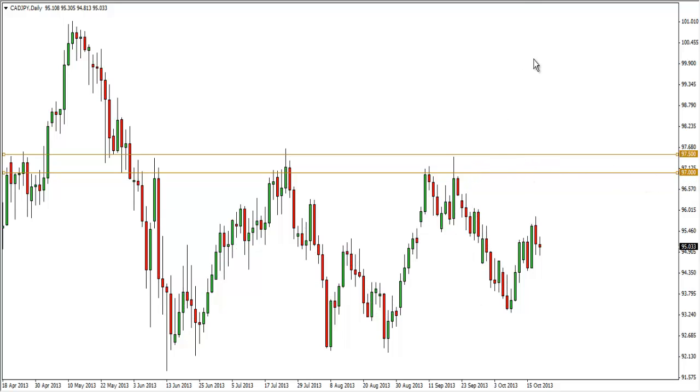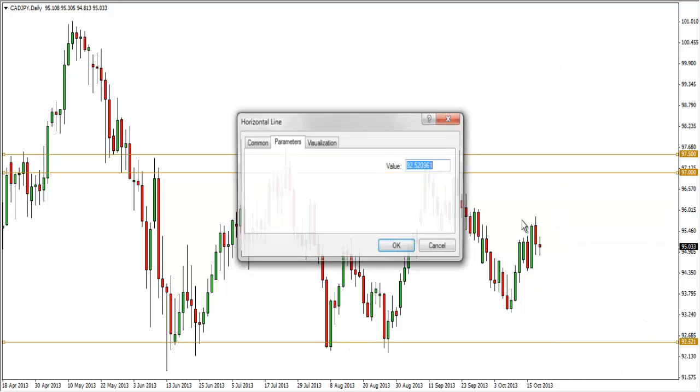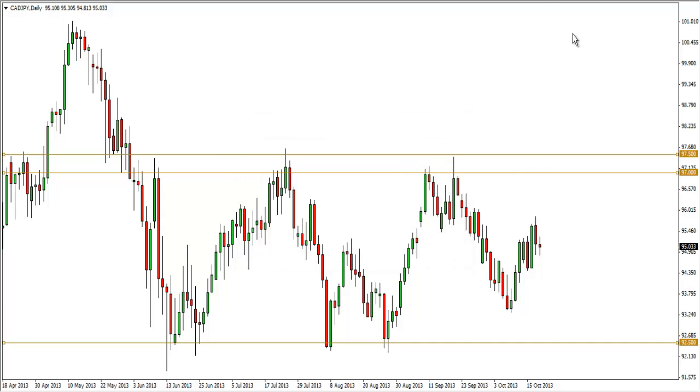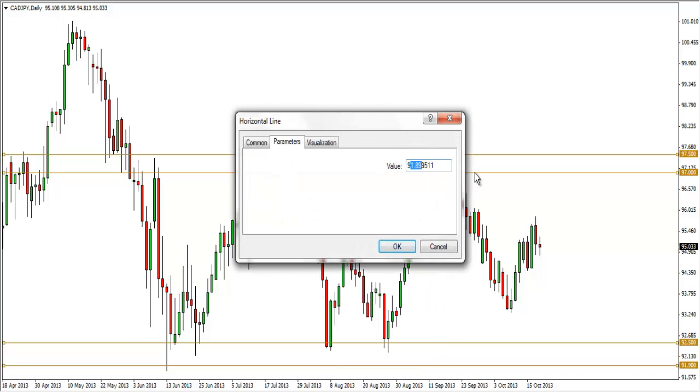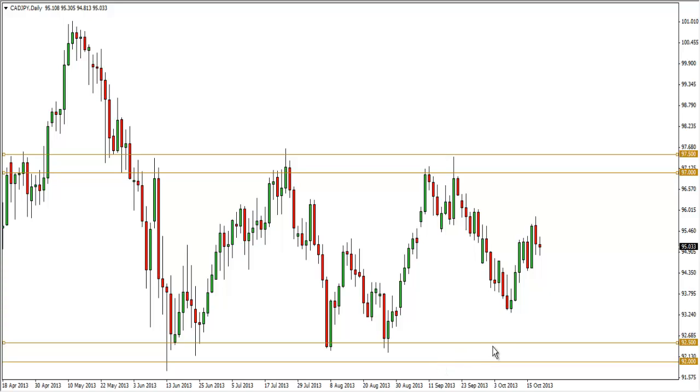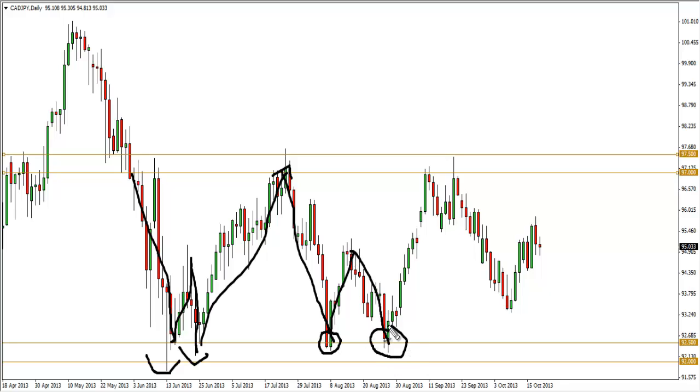Now let me highlight the support level. Again, pay attention and take note of the round numbers as well as the 50 levels. So this is 92.50, and let's see how this fares. Oh, I guess it's 92. So again, between 92 and 92.50 is the level where price found support and reversed from there. Price came down, formed some kind of double bottom, tested twice, before rallying higher towards the resistance, came back lower, bounced off this area again, rallied midway, before retesting this level once more, rallied up higher, formed a double top, came back down, and right now price is in the